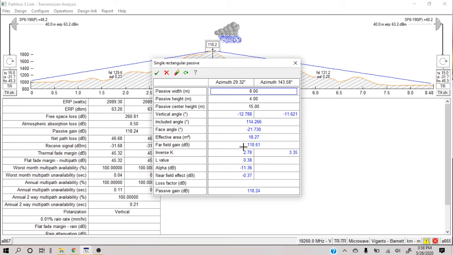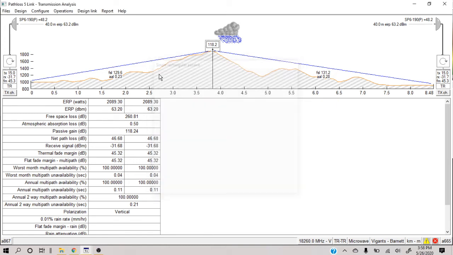So any increase in the size of the reflector will directly affect the gain of the passive repeater, which is a very simple and logical thing. If you can make a very big reflector, like this 8 meter by 4 meter, it's a very big size, then you can have a very great gain.